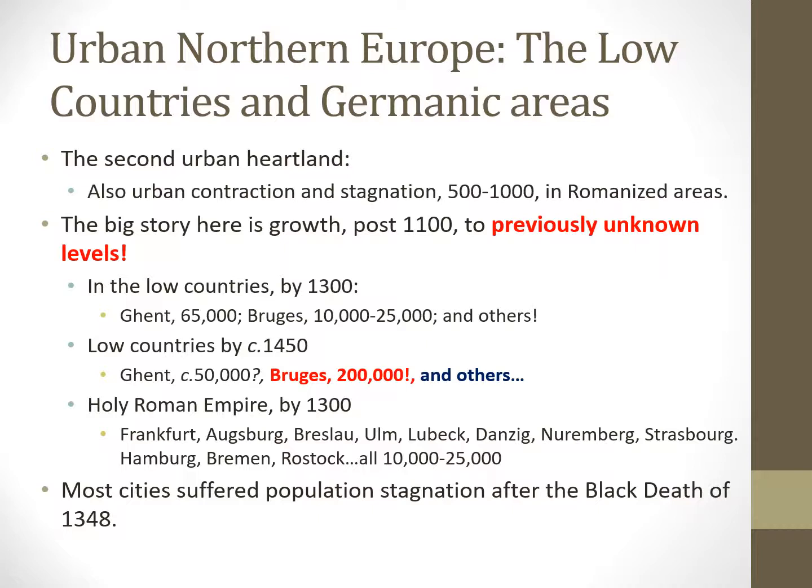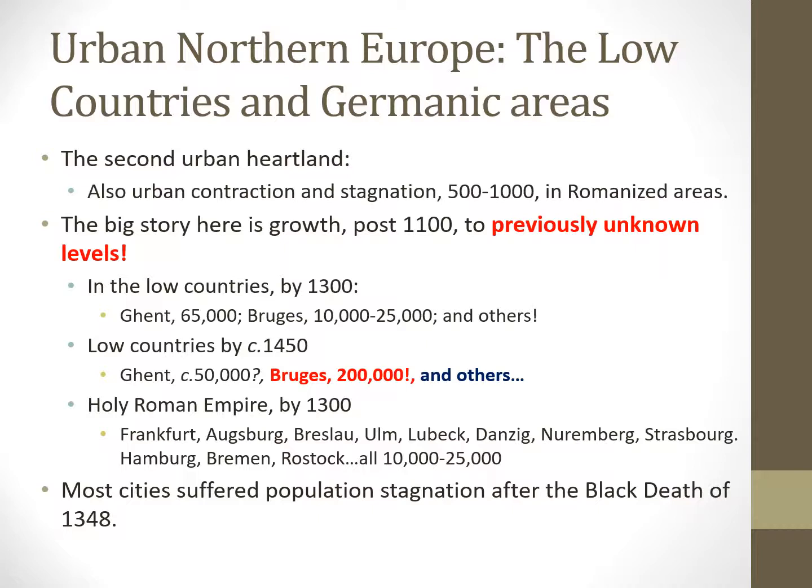and there are more cities, a good number more cities like these spread throughout Westphalia and Low Countries. And despite the fact that plague visits this part of Europe in 1348 to 49, as it does everywhere else, and despite the fact that we see maybe 30 to 40% plague mortality, these areas recover pretty quickly, and by 1450, 100 years after the plague, Ghent is back to a population of maybe 50,000, and Bruges has surged to perhaps 200,000. Again, similar with other cities and region.